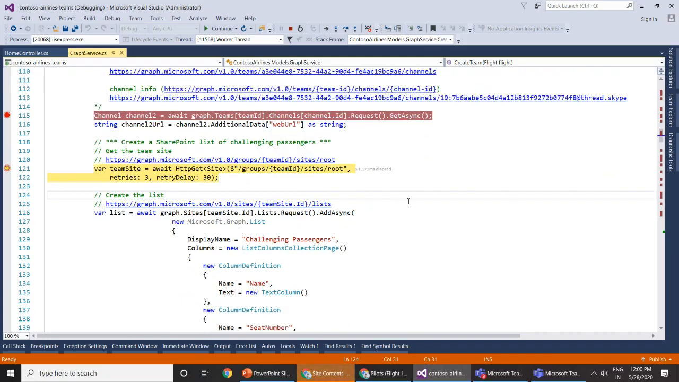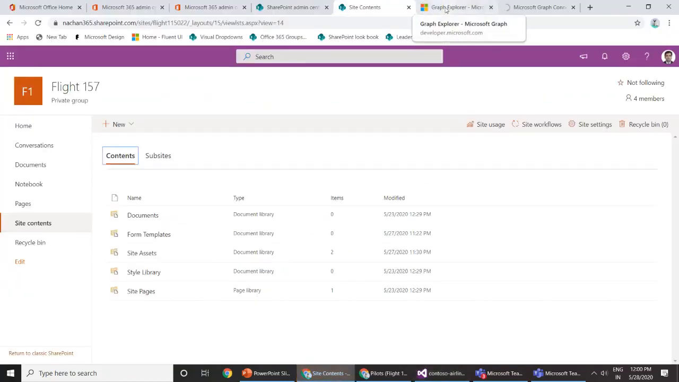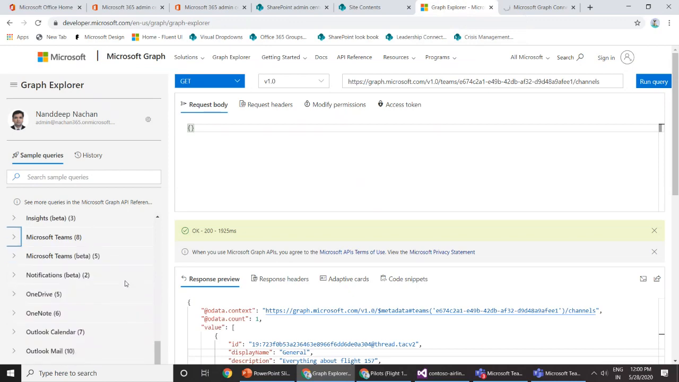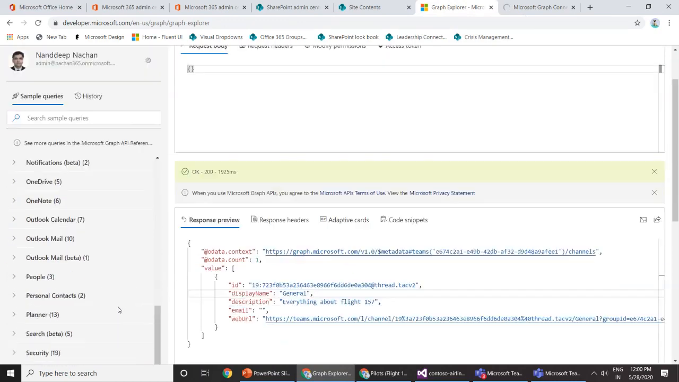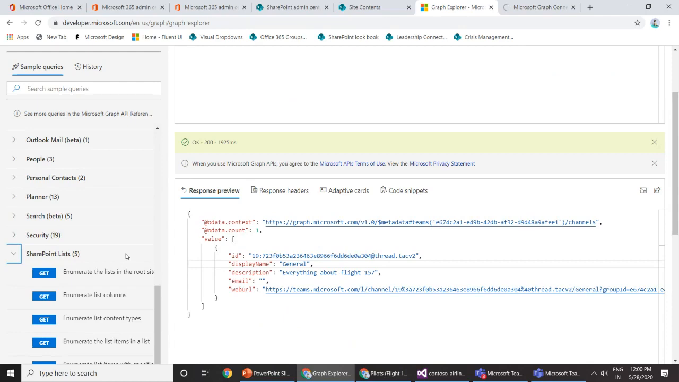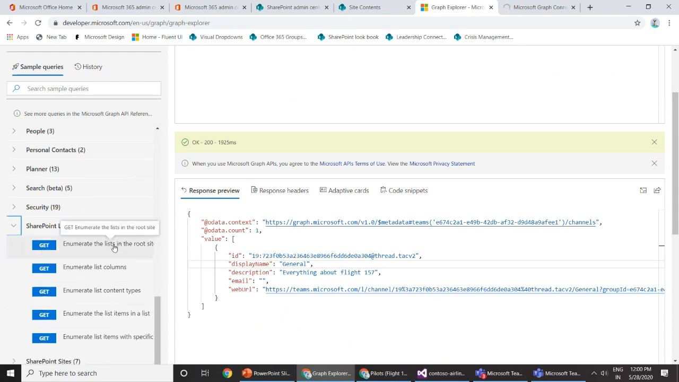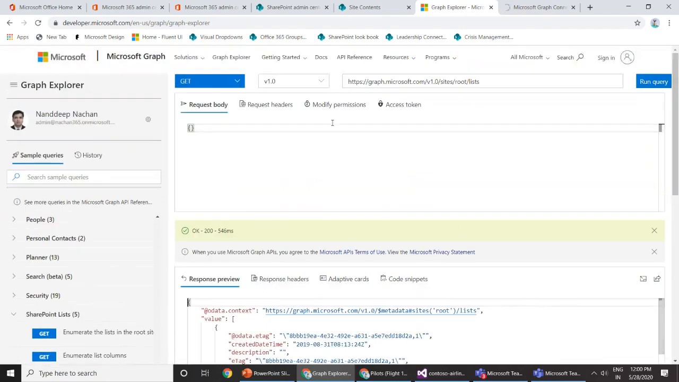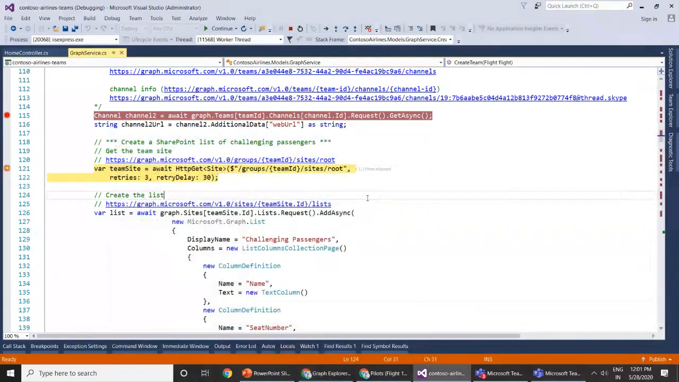Okay, so again, for example, if you want to play around with SharePoint, there are a few Graph APIs available. For example, if you want to enumerate through all of the lists available, or you can use this along with POST so that you can create the list inside your SharePoint site. So we are going to use this particular Graph API to create a list inside